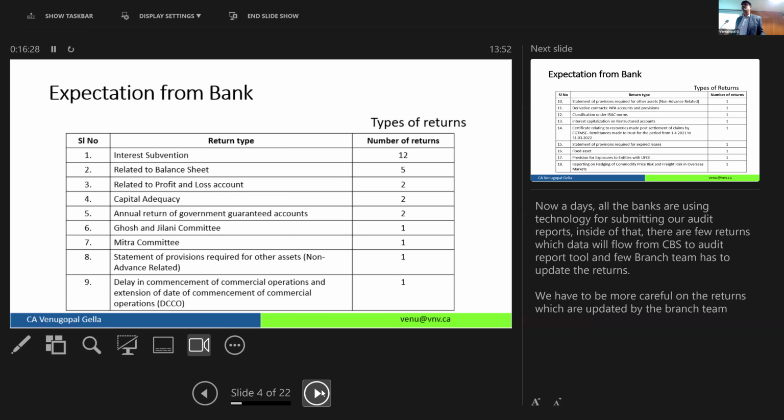And that is where RBI said, I don't want to read the total of the balance sheet. It means nothing.